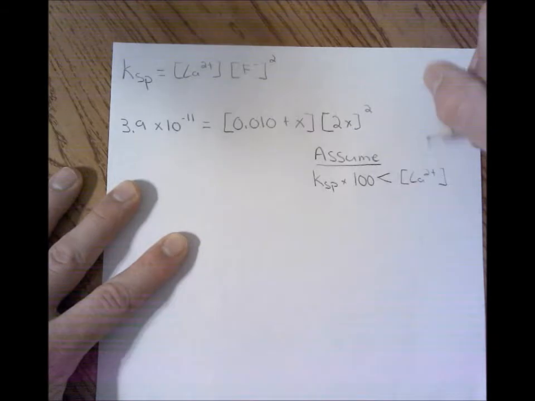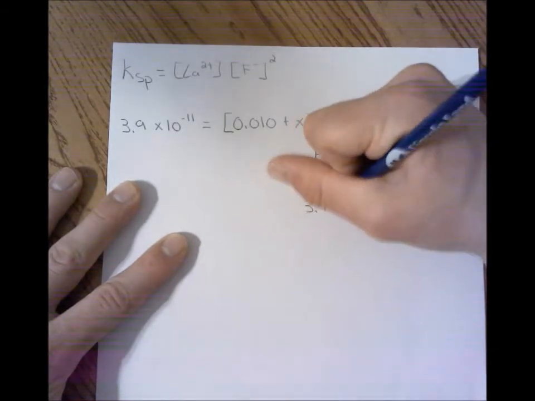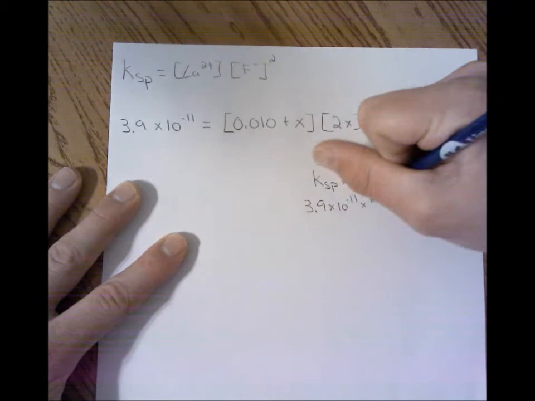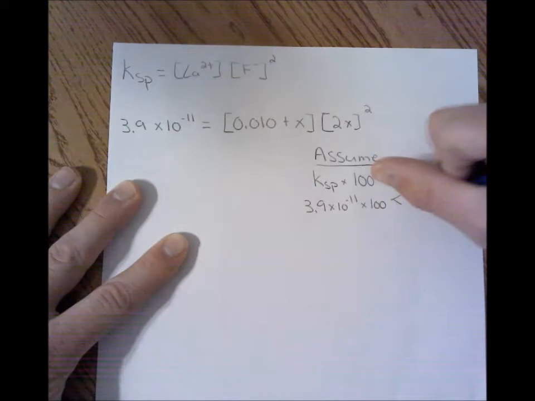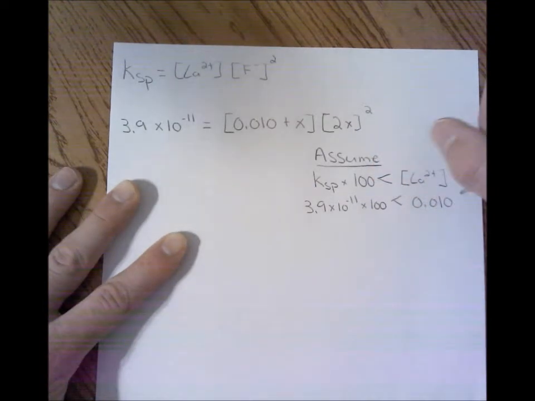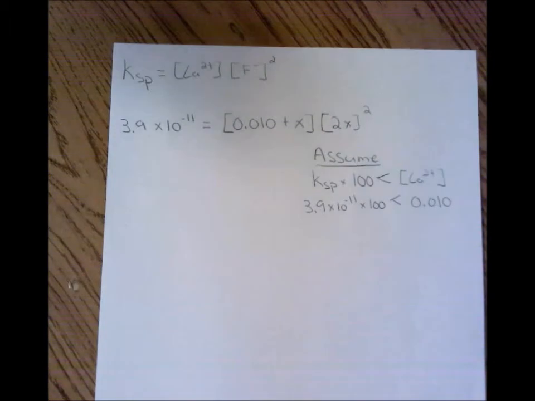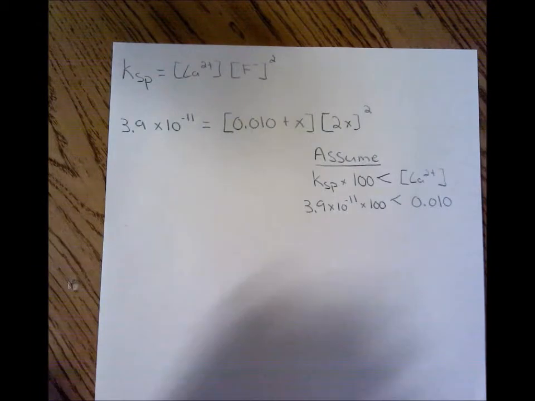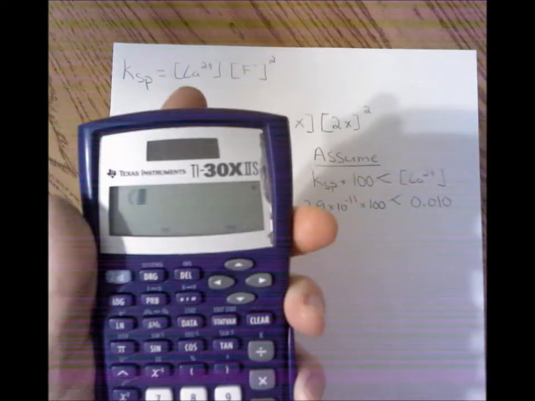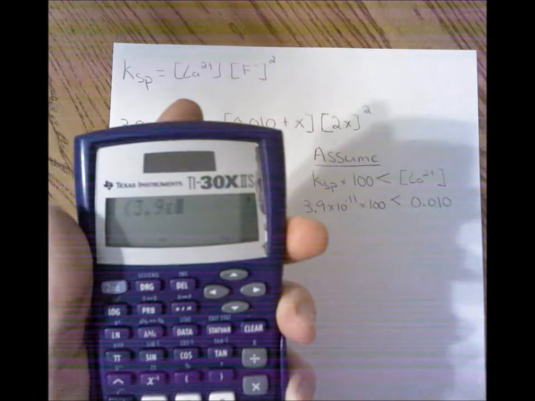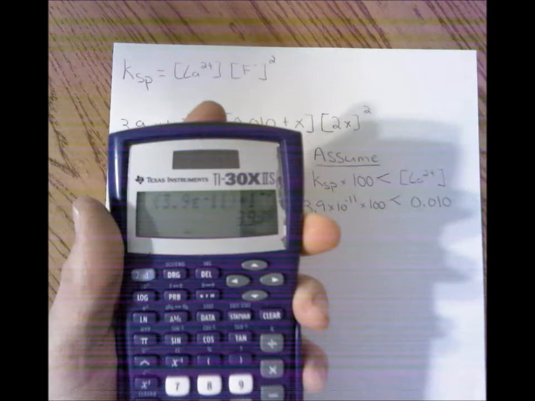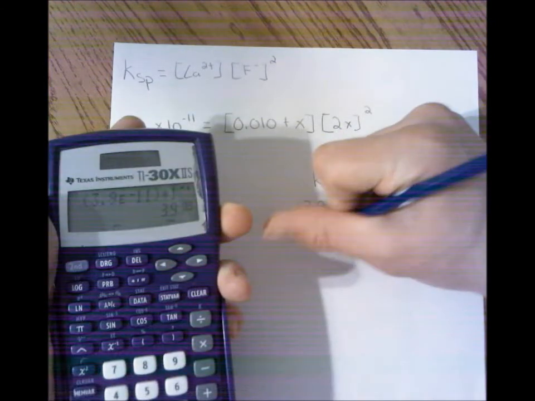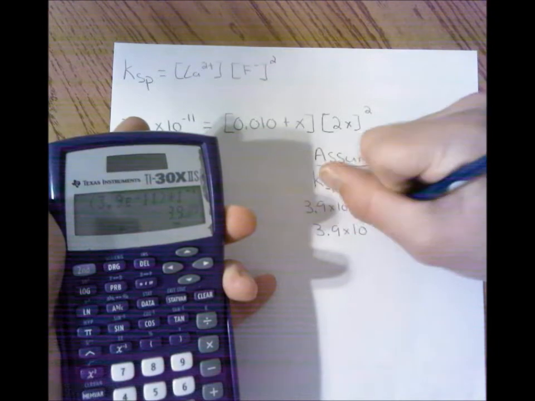So our KSP, 3.9 times 10 to the negative 11th, times 100 needs to be much smaller than 0.010 molar. So we grab our calculator and calculate this out. We take 3.9 times 10 to the negative 11th times 100, and we obtain a value of 3.9 times 10 to the negative 9th. Now, this is much, much smaller than